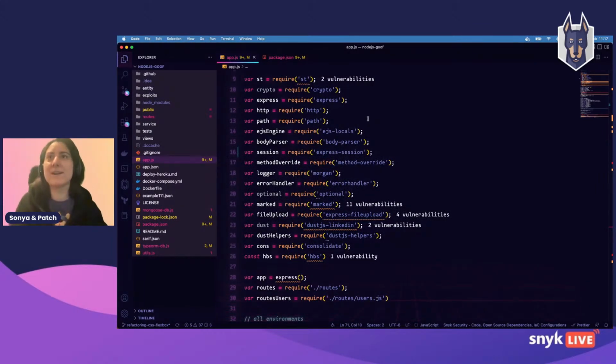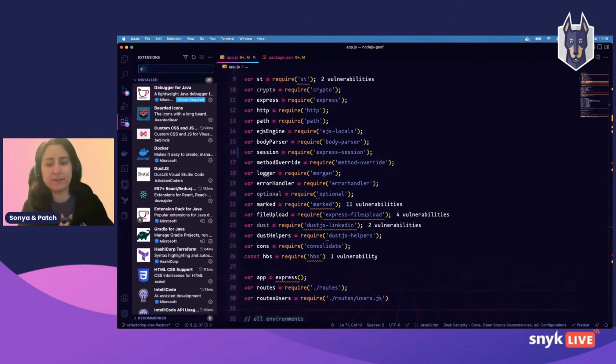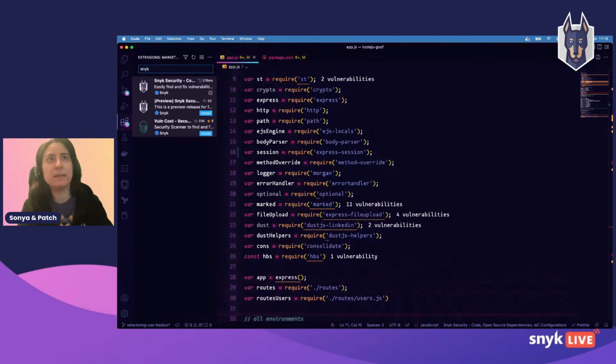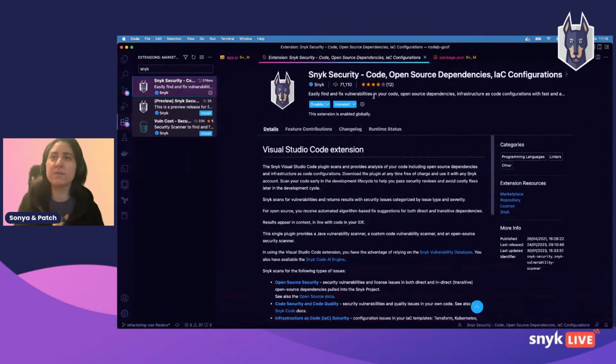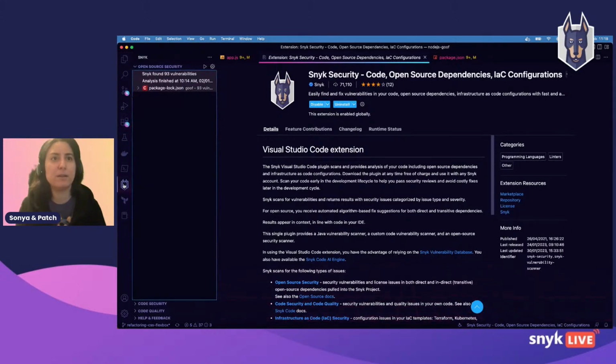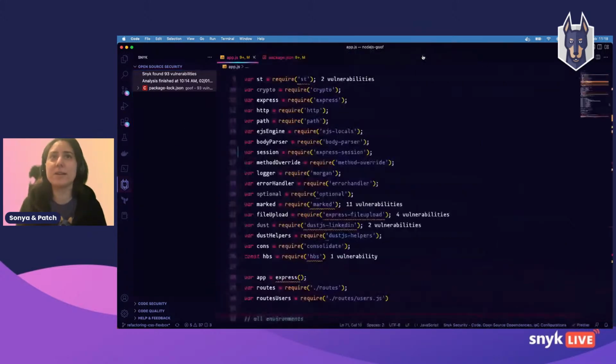And I'm going to ask Snyk for help in that case. And what I'm going to do is go to the marketplace, and you can just type in Snyk. And you can install the Snyk security IDE integration here. So you can install it. The first time you will have to reload your IDE just to take it into account. And you will have this little Snyk icon here on the left sidebar. And if you click on it, you won't see this at first. You will see a Snyk icon here asking you to authenticate. So if you have a Snyk account, you can just authenticate, and then you can start triggering scans.